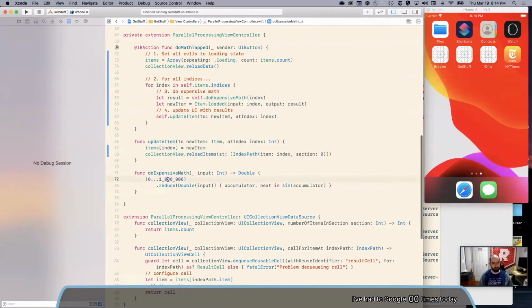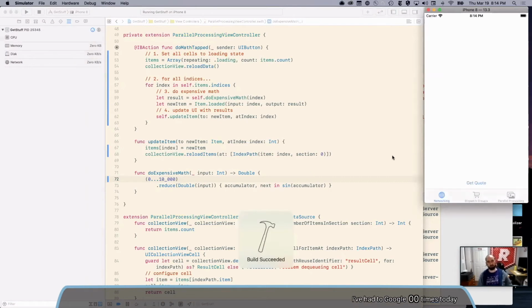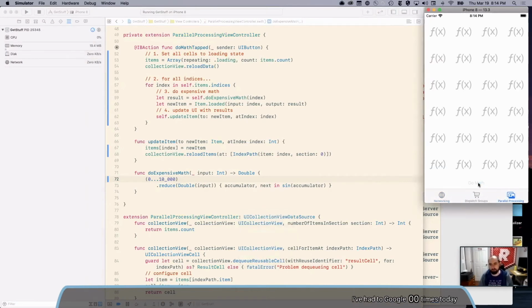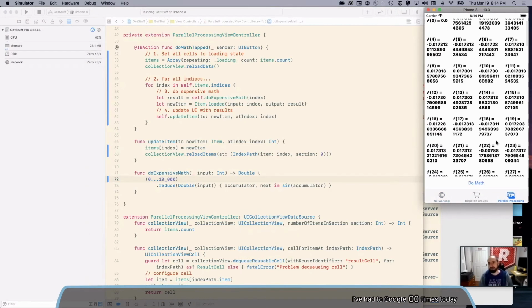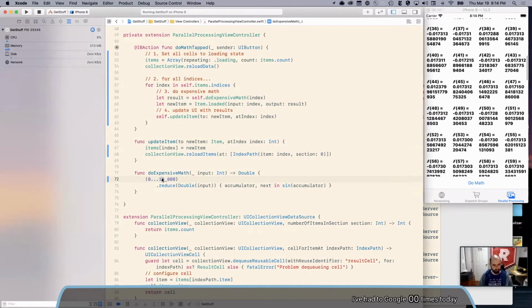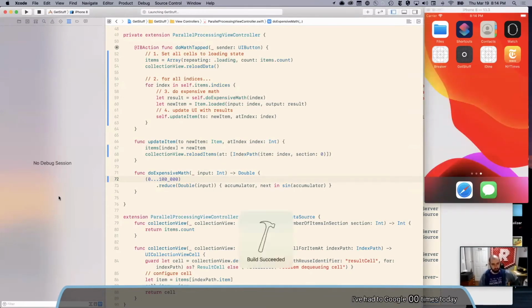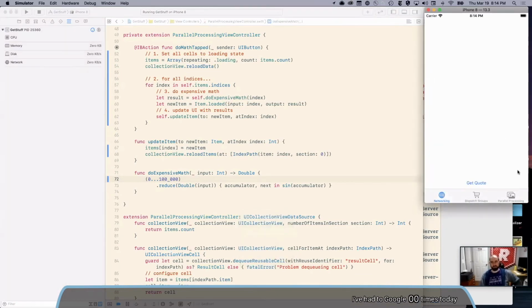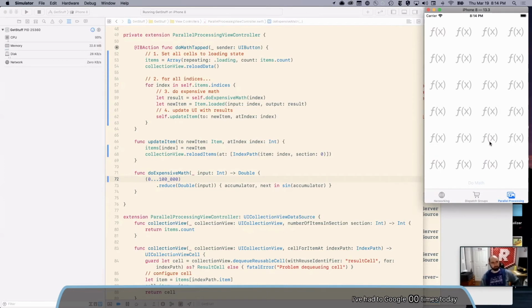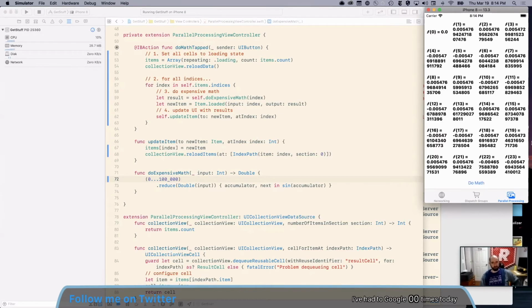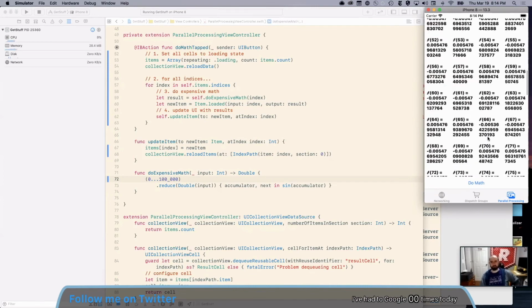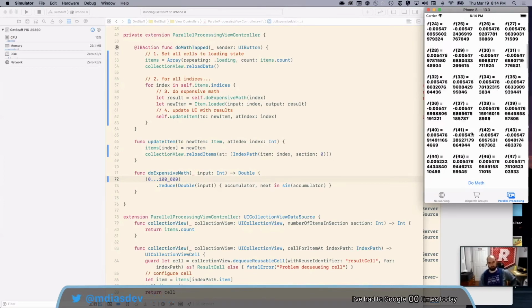Let's see, I think if I cut this down to like 10,000, we can at least see it work. But obviously this is not tenable. We're going to have to figure out a better way to do this. So if I click do math now, okay, now they all came in. I think 100,000 maybe will be a more reasonable compromise between seeing that it works, but seeing that it's slow. So do math, we wait. You can see our CPU at 99% over here. It's good to keep an eye on this graph. But hopefully within, okay, about 10 seconds, it loads in.